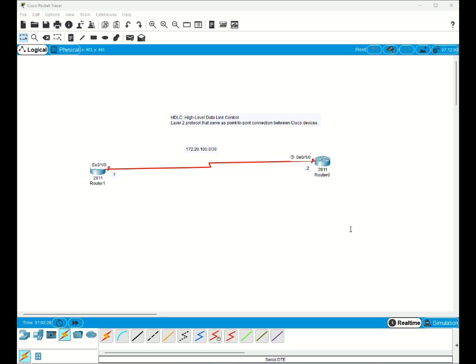Today we're gonna be configuring the HDLC, which means high level data link control. This is a layer 2 protocol that serves as a point-to-point connection between Cisco devices. Now we are going to first of all begin by configuring the host name, enable the interface, and our next task will be to